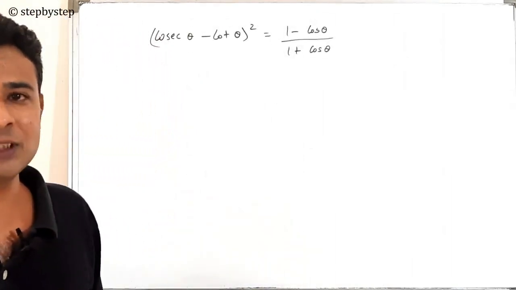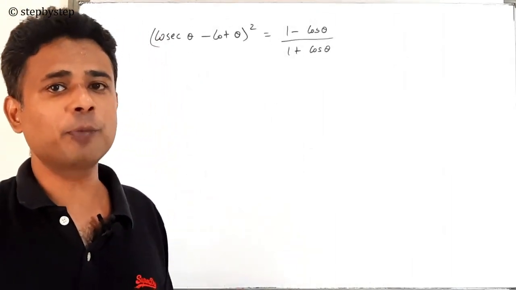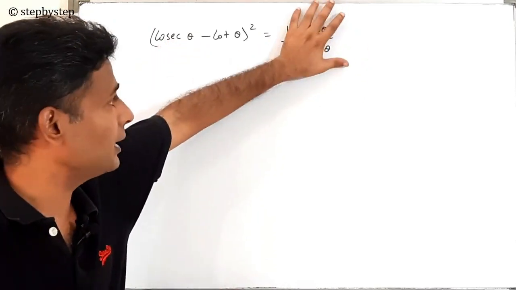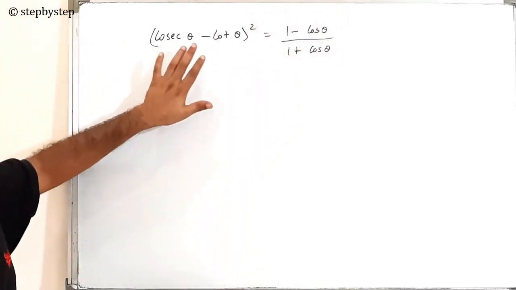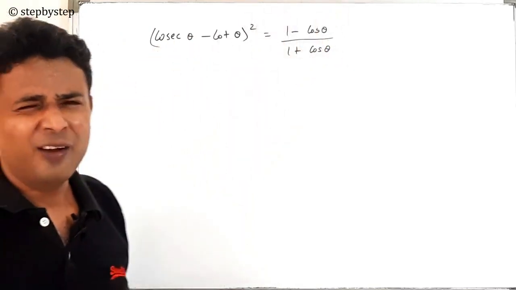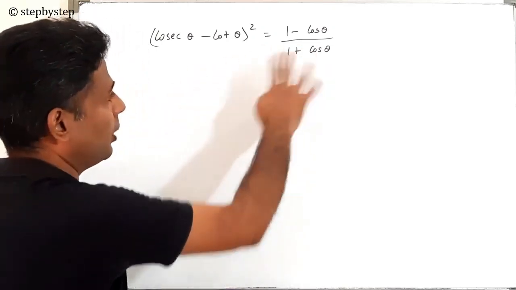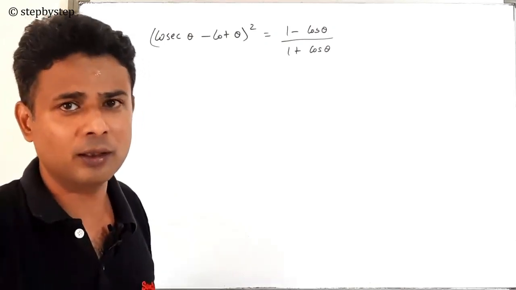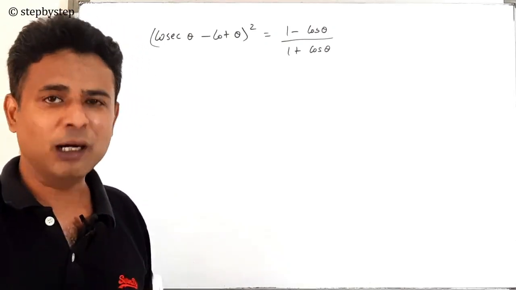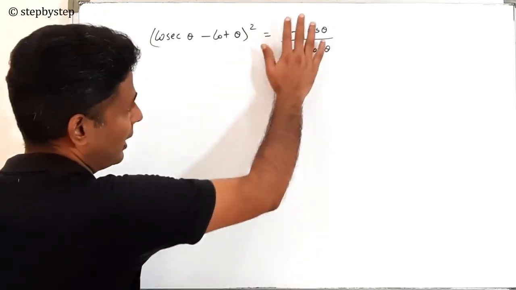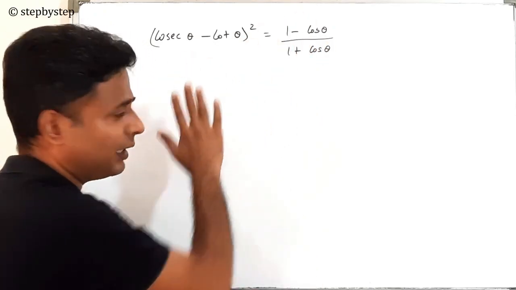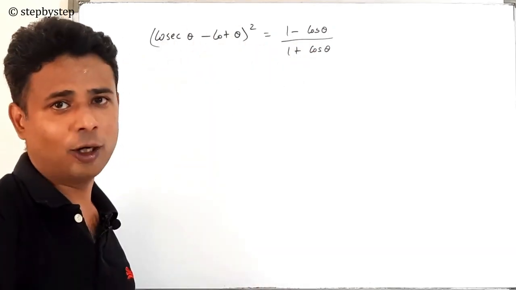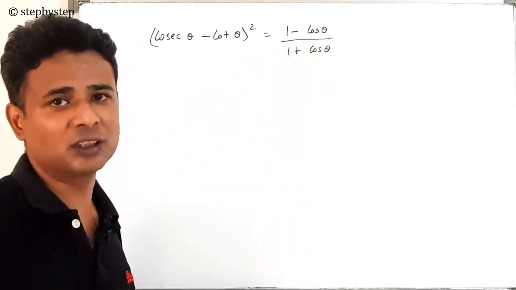Alright guys, now we will prove some LHS, RHS kind of problems. Now remember, whenever they ask you to prove something is equal to something, you will not touch the right hand side. You should only manipulate the left hand side. Very rarely will you have to do it on both sides. That I'll tell you later, what kind of problems you might have to do on both sides, that you will realize later. But for now, remember, you will not touch the right side. You always have to manipulate only the left hand side. Only by manipulating the left hand side, you should get this. You will not do any operation on both sides.